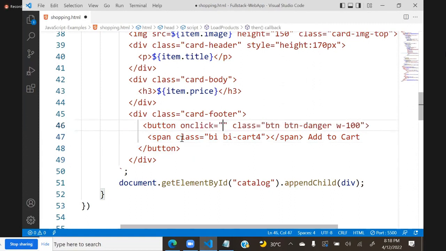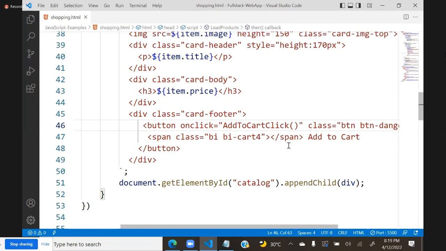On click, we will say add to cart click. Add to cart click is the function which fires up, but very important, which item they clicked, that ID we need,